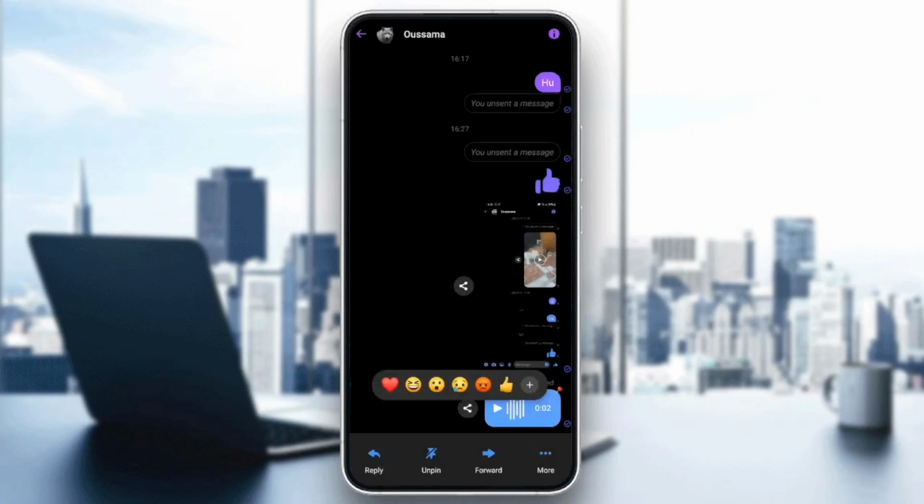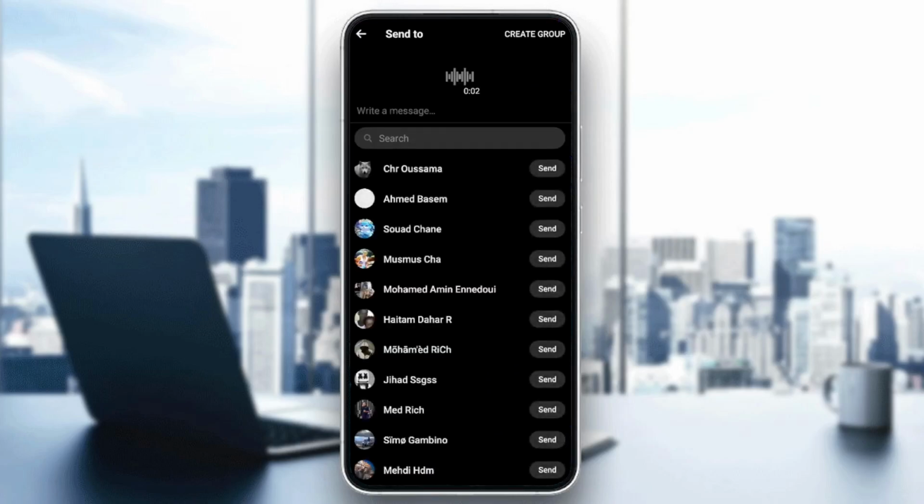So there is also another way to save your important voice messages by clicking on forward and then sending it to yourself. So you can send it to yourself in a conversation like this, and then the message will be